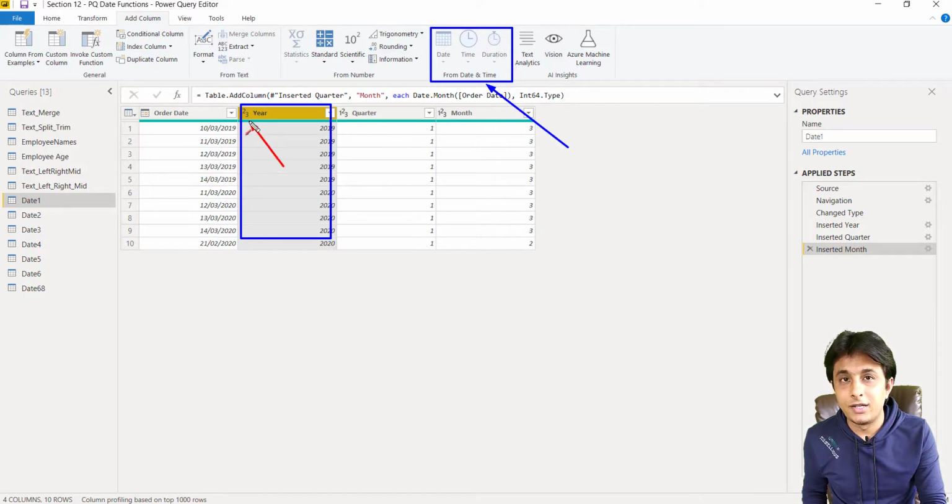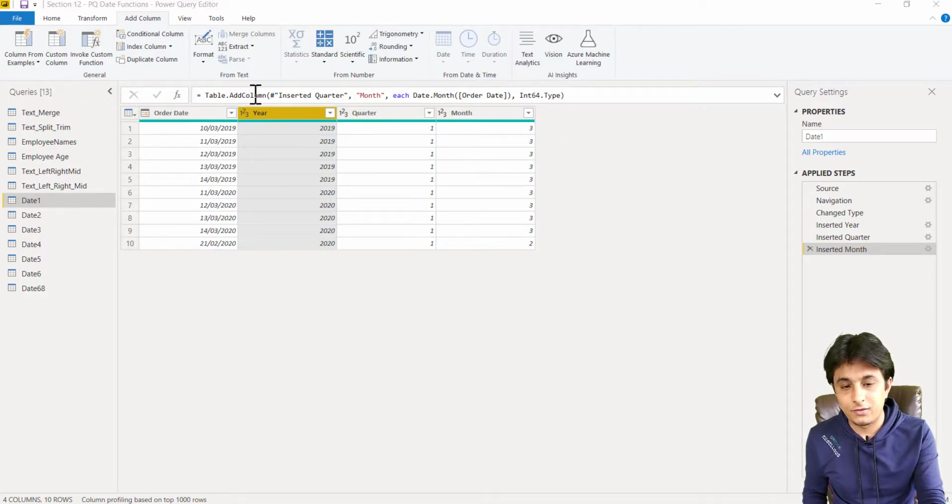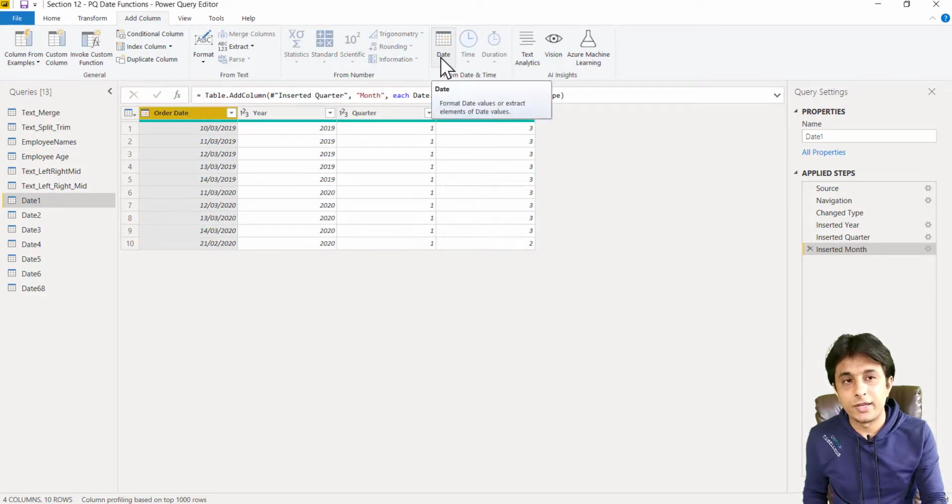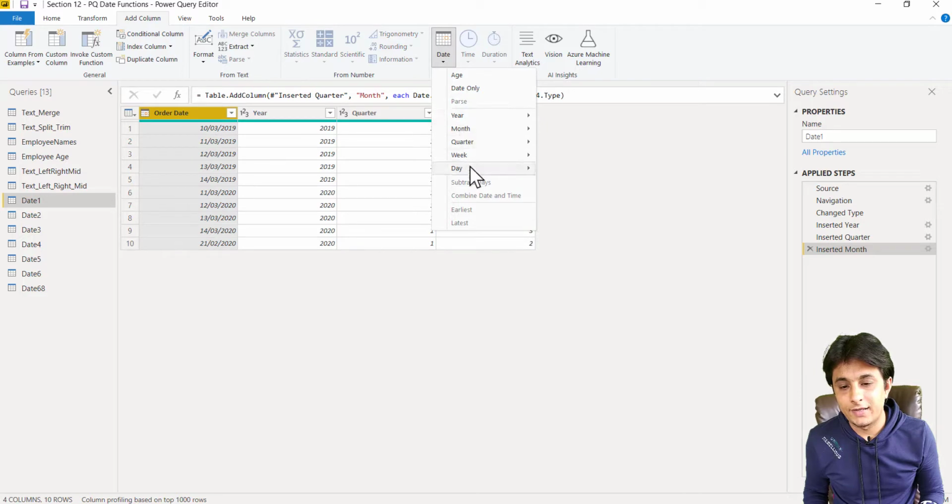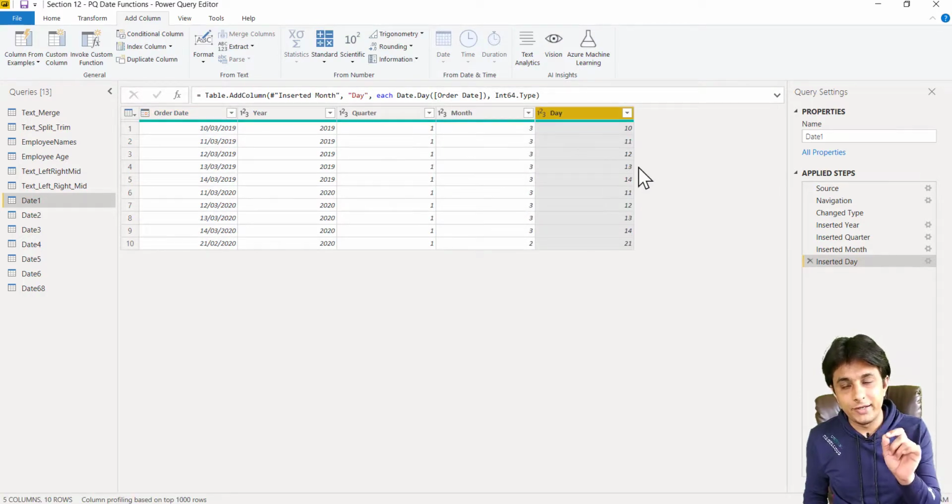Right now it is a numerical column, that is, you see 1, 2, 3, it's a whole number. So if you click on this date data type, only then this will be enabled. When I click on this date column, you can see this is enabled. So I can click on this button here and select the option day. This will extract only the day from that column and it would be visible here.